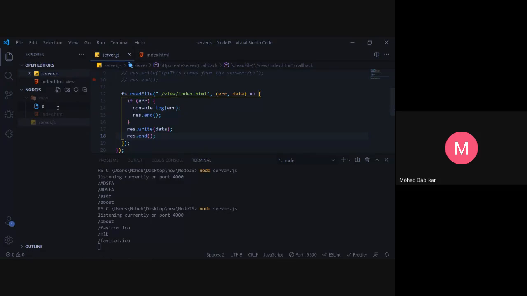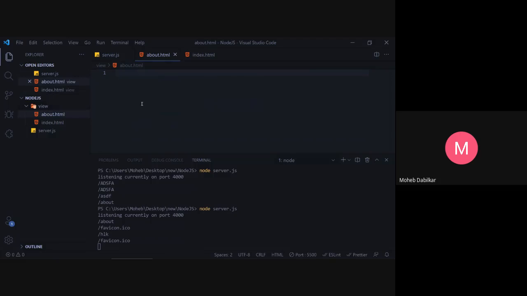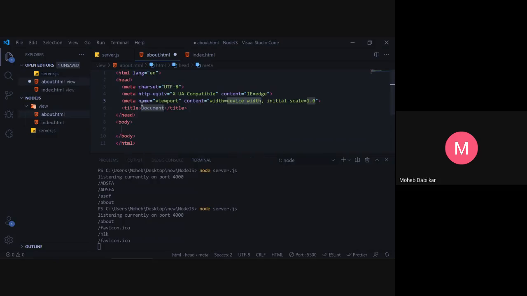So now we have an about page.html. Okay, let's just create this page too and give it a title of about page, and then inside the body let's just say h1, hey, this page says something about me.